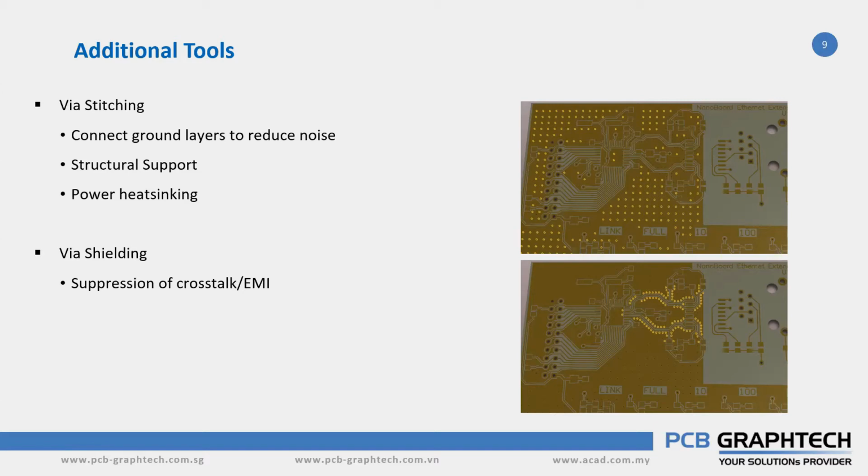Wire shielding is again used for high speed design and high frequency design circuits. It is used for suppression of crosstalk or EMI along the high speed trace. If you have a high speed trace and you want to reduce the crosstalk or EMI interference for that particular trace which is carrying a high speed signal, you can go for wire shielding. This wire shielding will be like a fence.